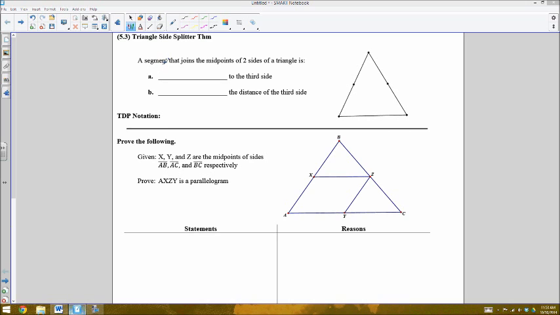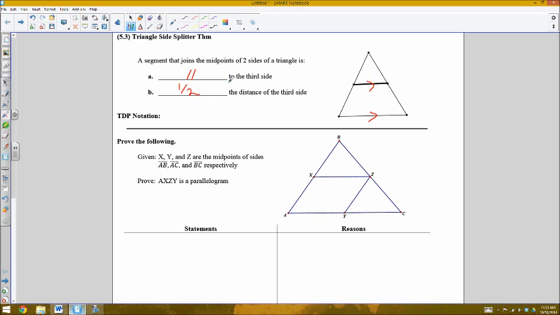In this video, we're going to talk about a very specific theorem, which is the triangle side splitter theorem. All this theorem says is that if I have a segment which joins the midpoints of two sides of a triangle, like so, that segment will end up being parallel to the third side. So this segment is parallel to the third side, and its length is actually 1/2 the distance of that third